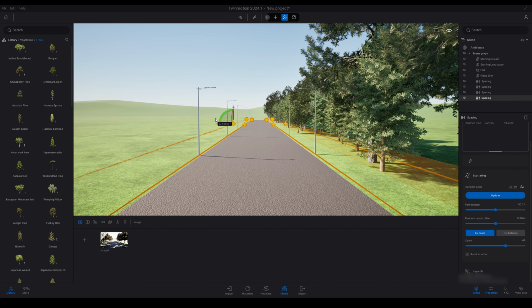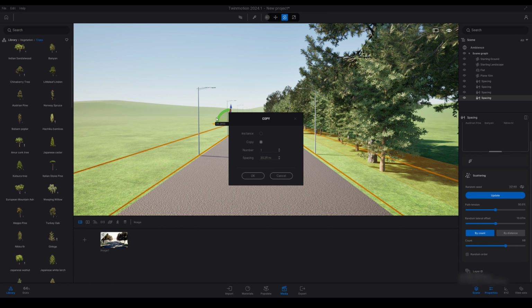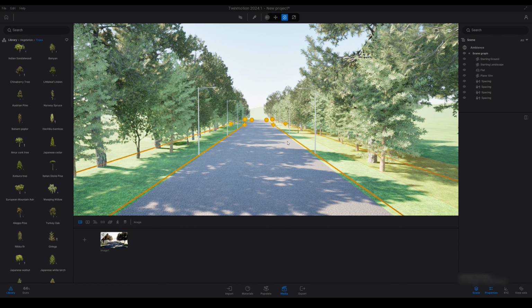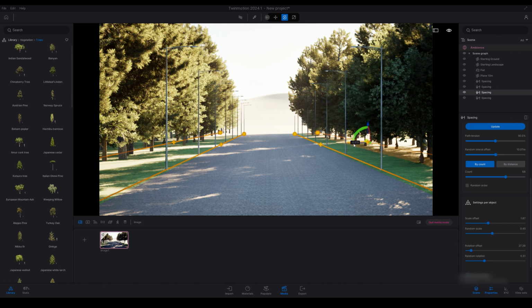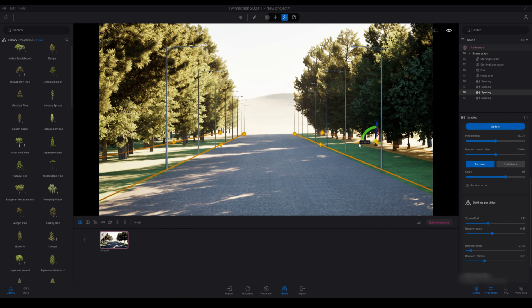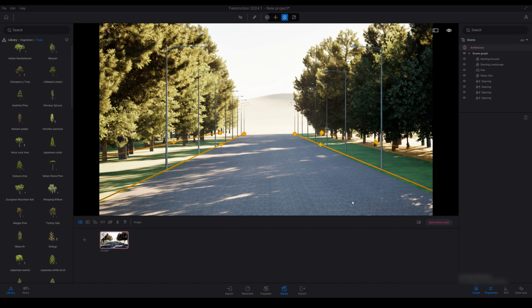I'm just going to copy that same line. I deleted the last one. I'm just going to copy that one. Now it's looking pretty cool. So you can imagine once we have grass, rocks, other bushes and trees and stuff like that, it'll really increase and enhance the visual fidelity of your scene. But already it's looking great.